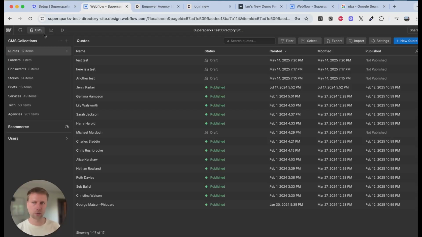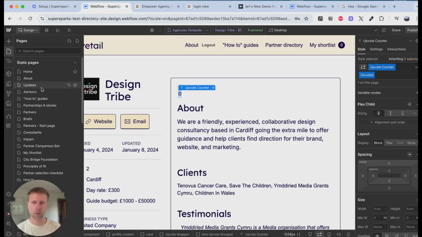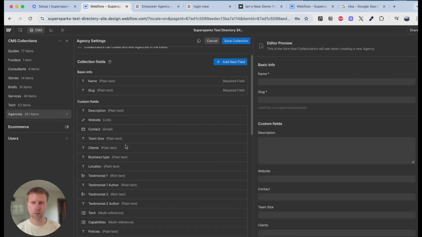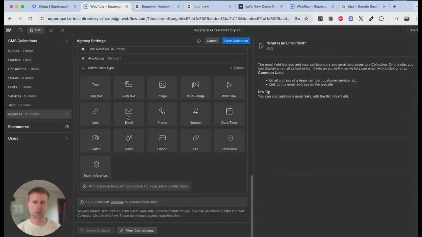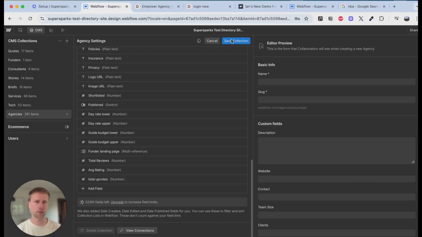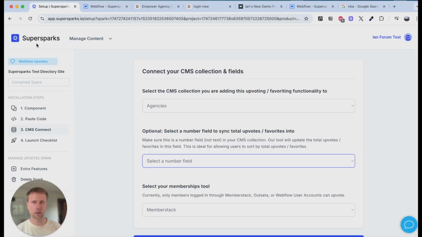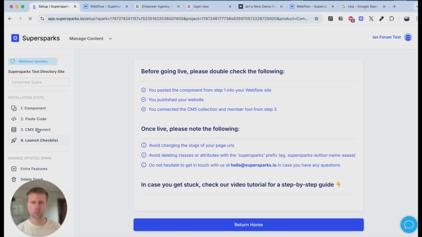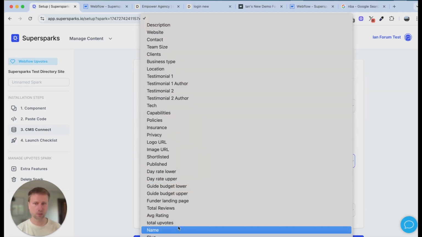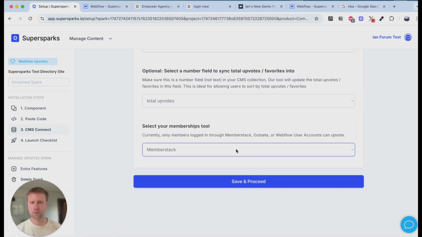So if we just jump back to the Webflow project, we can then go to the CMS collection for agencies. And then we're just going to add in a number field. So it's super important that this is a number field and not a text field. Then we're just going to call this total upvotes. Okay. So after doing that, saving the field and saving the collection, and then just refreshing this page, we can go back to the CMS Connect section of the Supersparks editor, and then we're just going to select the total upvotes field that we just